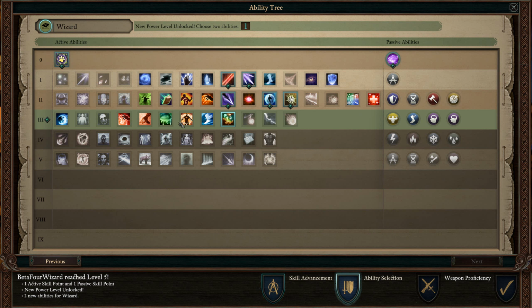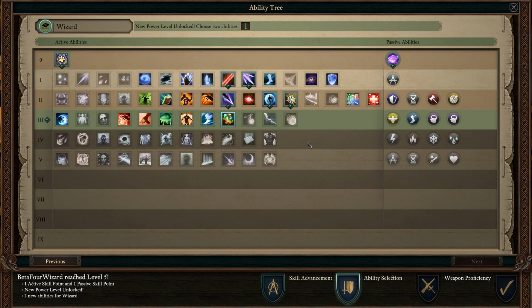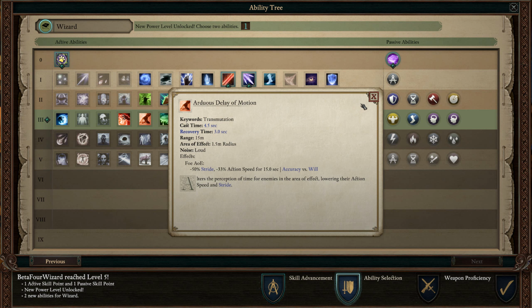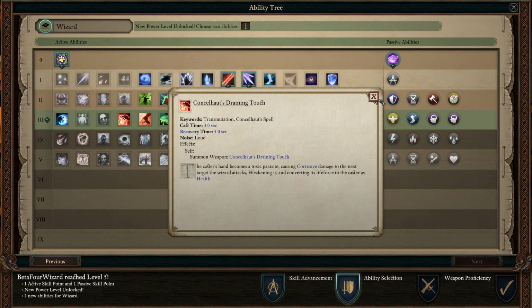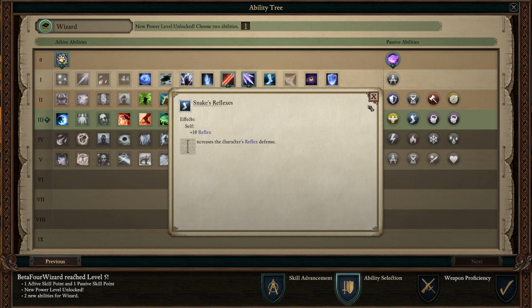I love this. What else we got here? Exposed vulnerabilities. Haste. Slow. Draining Touch. What's this over here? Plus 10 Fortitude, Reflex, Gain Concentration at the start of each combat. Oh. So Concentration